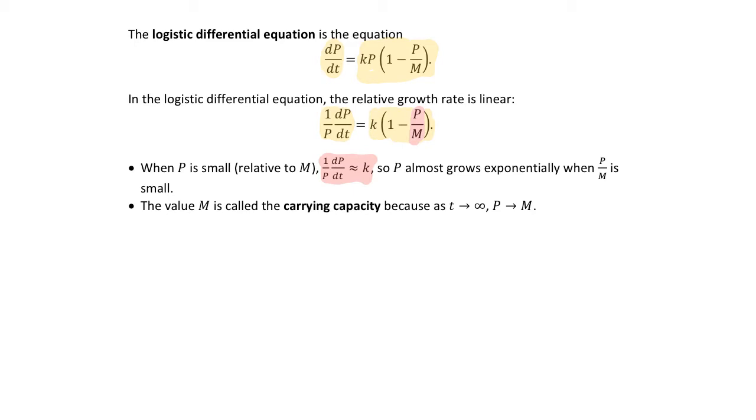We call m the carrying capacity because when t approaches infinity, p approaches m. That's what's known as the carrying capacity. How much can it sustain? An island can only sustain so many squirrels. If there are too many, we'll have too much competition for food. If there are very few squirrels, there's room for them to grow. So